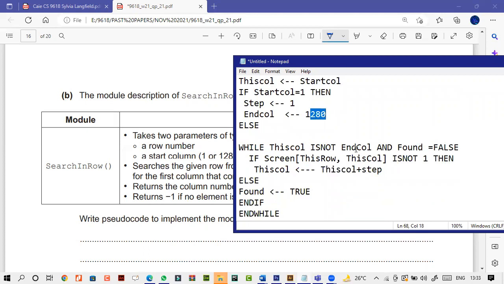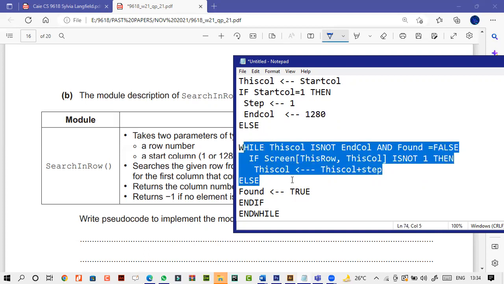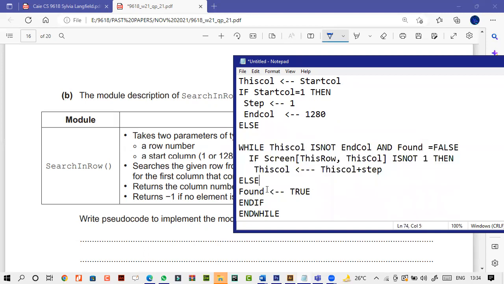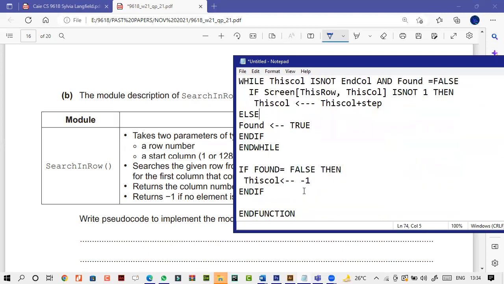While this column is not end column and found is false, फिर मैं क्या करूंगा, if this row, this column is not 1, then this column plus step. So obviously in this case I will be incrementing, else found true. Okay, or if found is equal to false, then obviously this column को refer कर दे as -1, क्योंकि उन्होंने